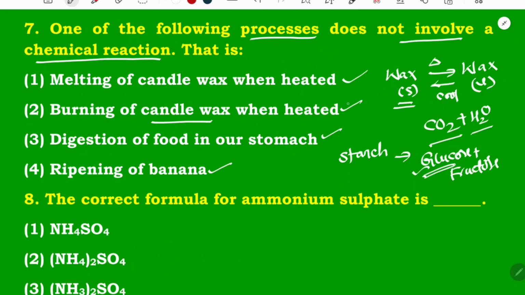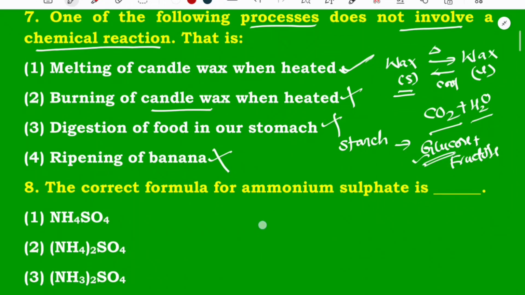But melting of wax is not a chemical change. It's not a chemical reaction. So the answer is melting of candle wax when heated. When we are heating the candle wax, it is converting to liquid. After cooling it, we will get solid. So, okay. Next,